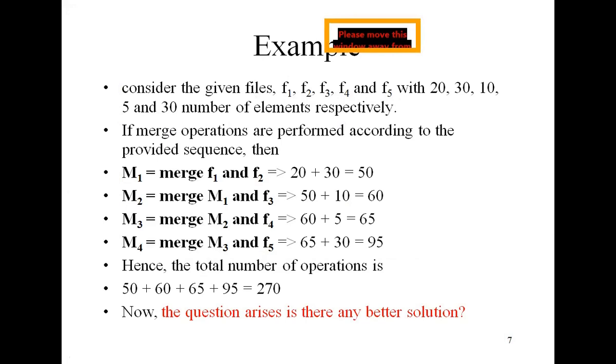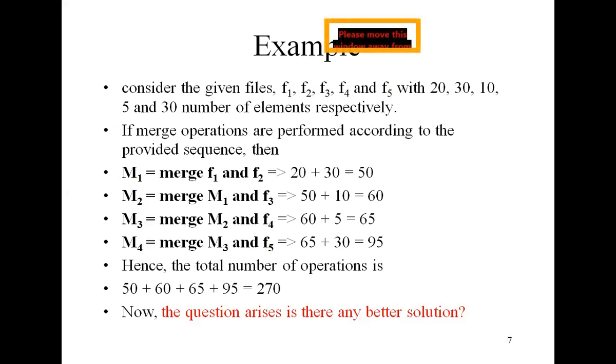How many sorted records are there in each file? Suppose F1 is a file with sorted records. That means all the records in the file are sorted. What is the definition of a file? A file consists of some set of records, and the records in the file are in sorted order.